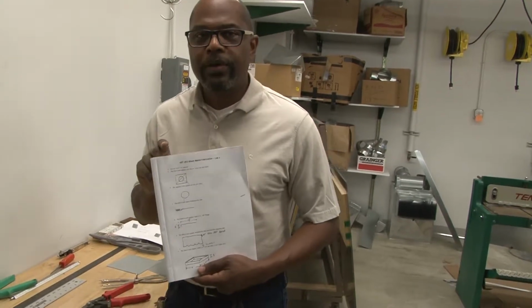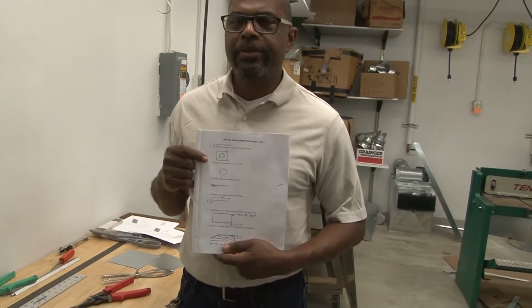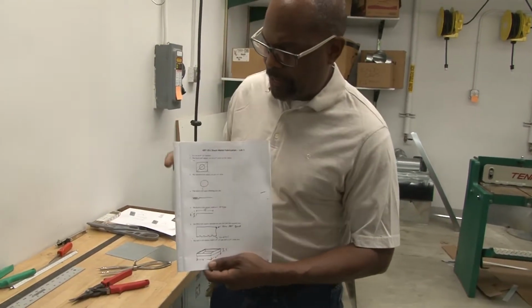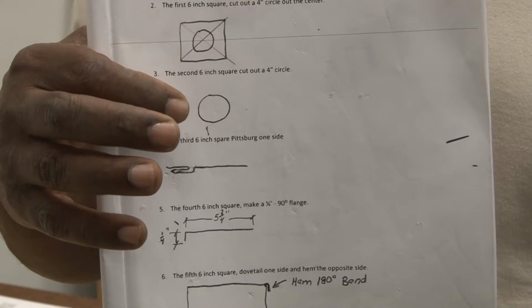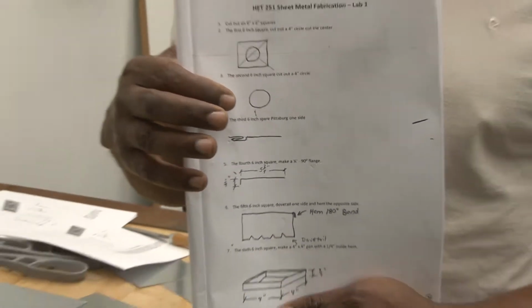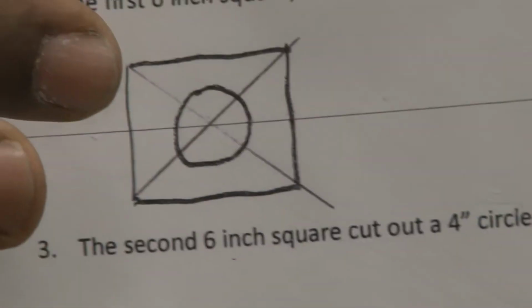In this video, we're going to discuss really basic bends and seams that you normally find in HVAC. In this packet, we're going to have about 6 square inch pieces of metal where we're going to do projects using most of the hand tools and some of the machines to fabricate sheet metal. The very first one is taking a 6 by 6 inch square piece of metal,